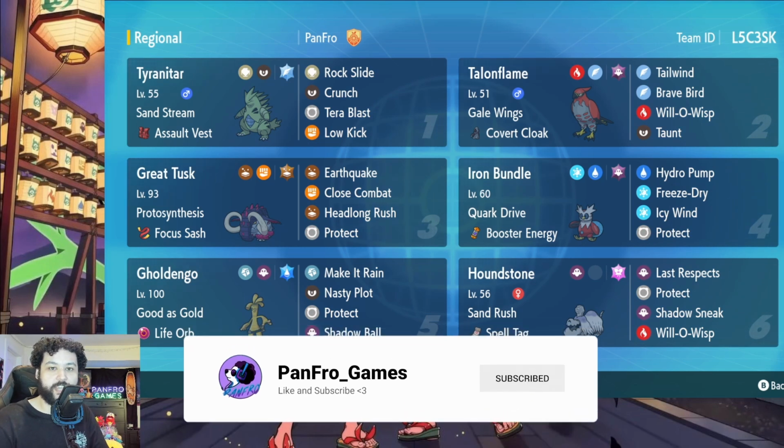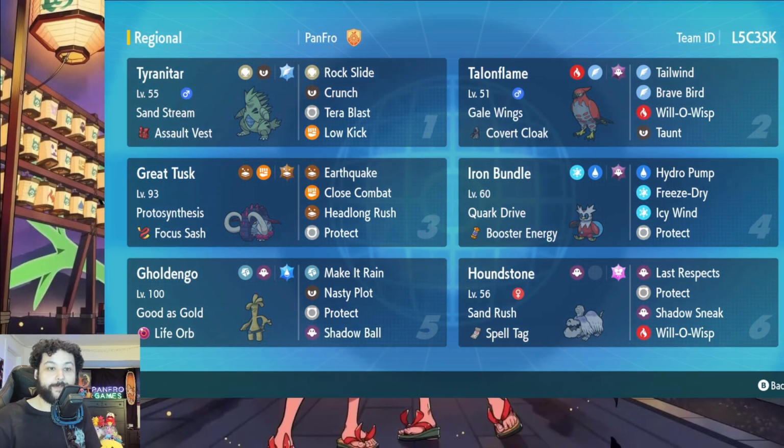So to begin here, here's my team. Here's the rental code. This is the team I brought exactly to the Knoxville regionals. We went 5-4, which is pretty good, not bad. You know, winning record. I'll have to say this though, if I was a slightly smarter player in the moment,